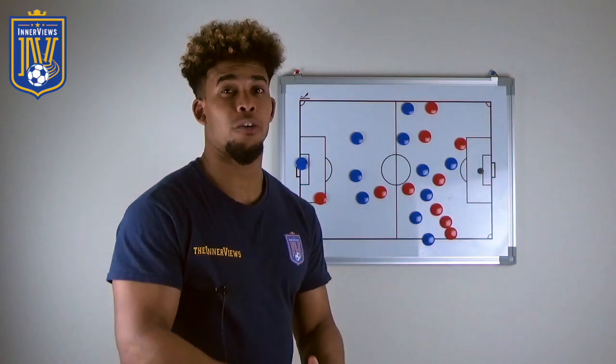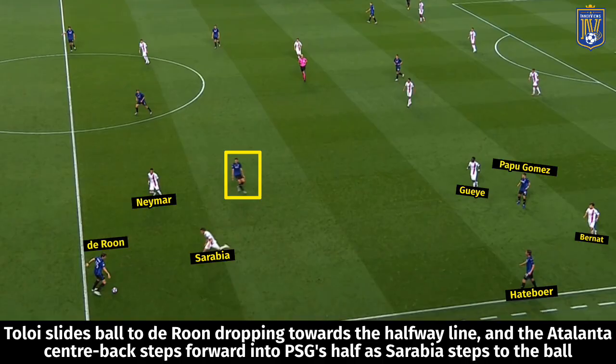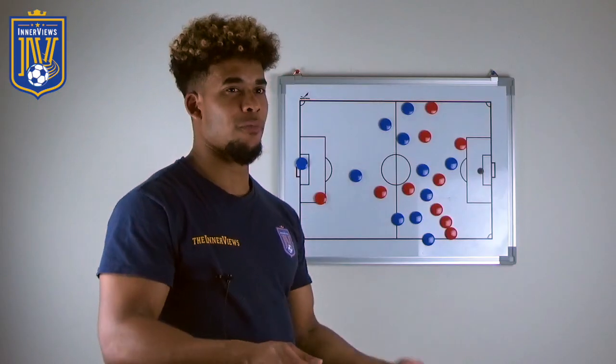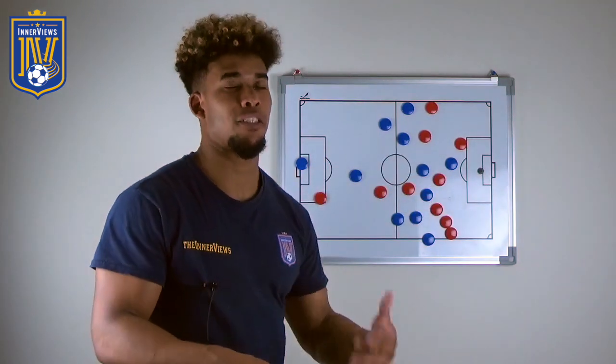So the only other factor in which Atalanta looked to pose somewhat of a threat attacking-wise was when they had the wider center backs pushing forward and Sarabia and Icardi weren't looking to step out to close them down. Nevertheless, when you look to some of their better chances in that opening half, it stemmed through defensive lapses from